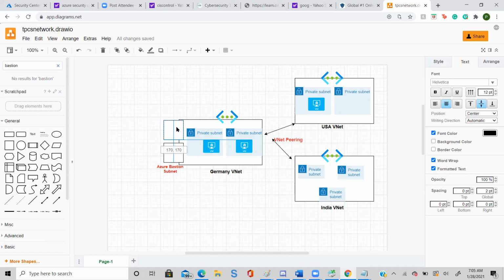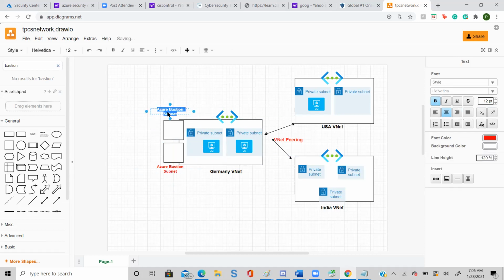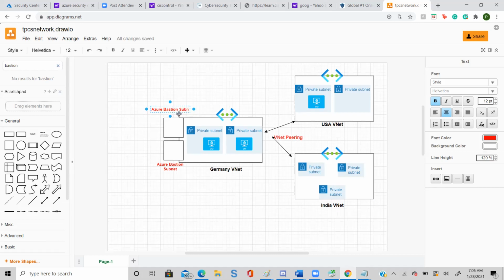Here I am going to create it only in Germany. You can create it in every subnet, but just for a customer requirement, I am only going to create it in one. Just type here gateway subnet.